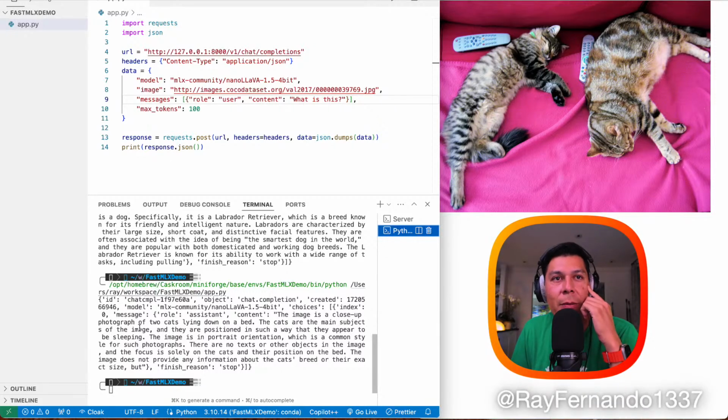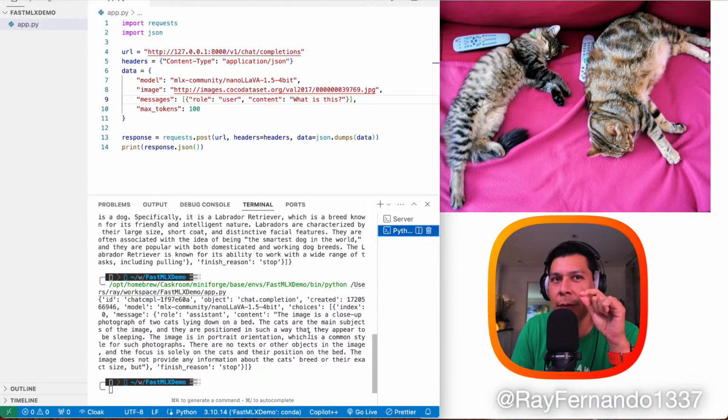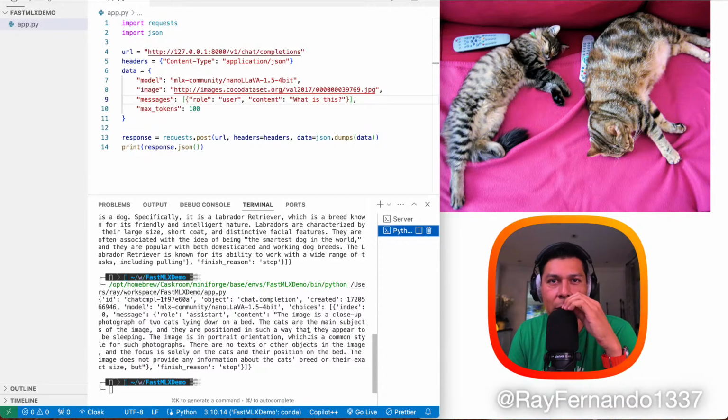The cats are the main subject of the image, and they're positioned in such a way that they appear to be sleeping. The image is a portrait orientation. Doesn't this music sound sleepy? It's a portrait orientation, which is a common format for such photographs. There is no text or other objects in the image, and the focus is solely on the cats and their position in the bed. The image does not provide any information about the cat's breed or their exact size, and